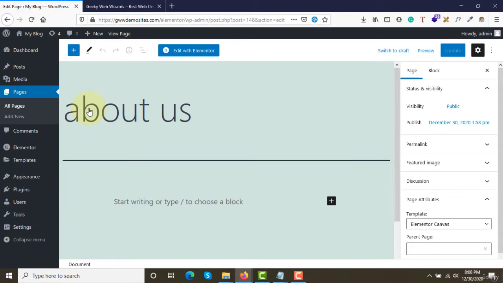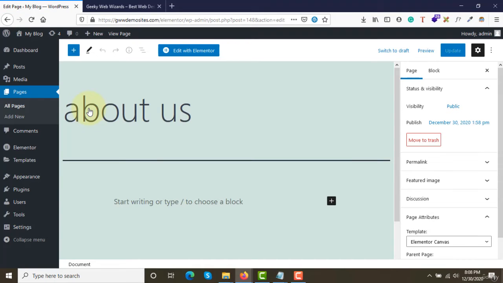Now this is the editor that has been provided by WordPress by default, right? This is known as the Gutenberg editor. This is the recent editor that has been incorporated by WordPress itself. In the past we used to have something called the classic editor, the text editor, but now they are changing, and the editor you're seeing right now on your screen is known as the Gutenberg editor.